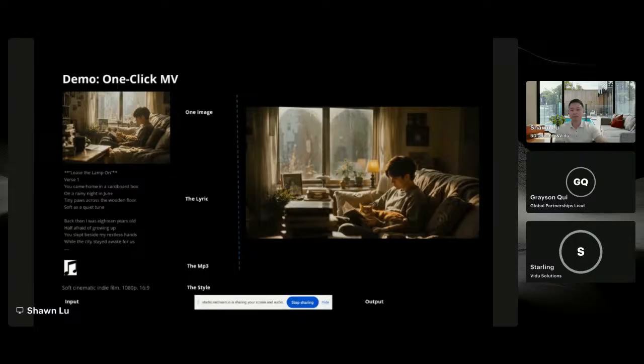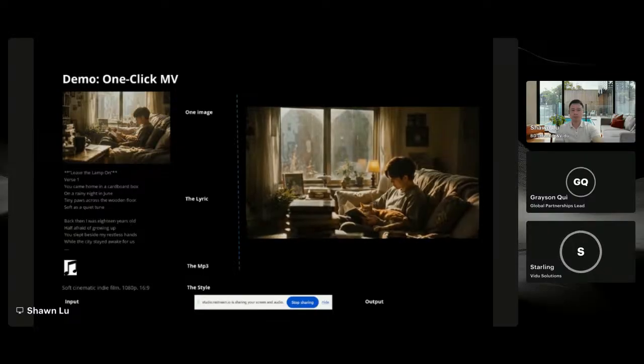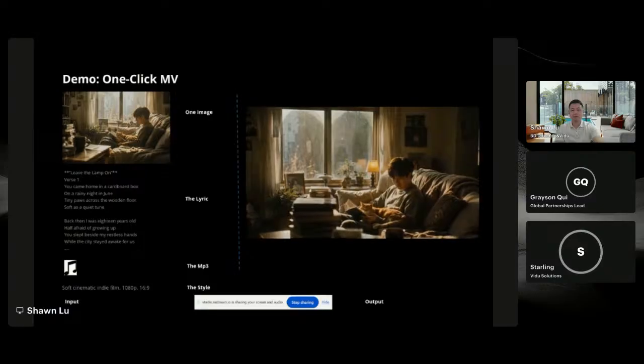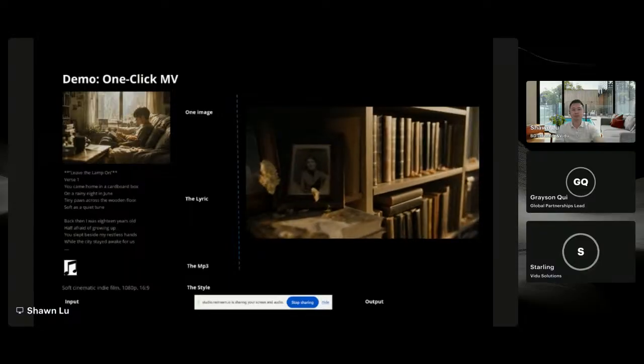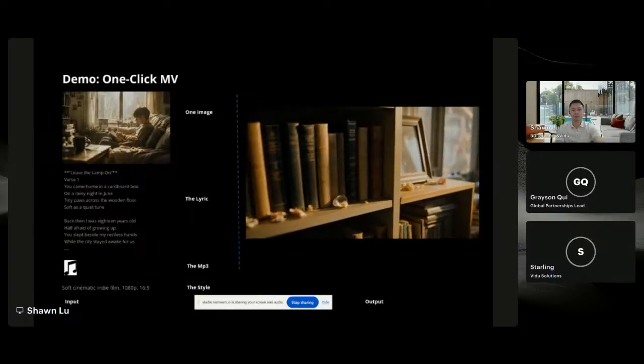In my case, I wrote a song about my cat, and I also uploaded one image because that's the visualization I want to showcase: a boy having a cat, and the cat is there through his journey. He gets older, the cat grows older as well, and then the MP3 and also the style. These are all the inputs I gave the model, and I just waited around 3 minutes, and then I got the entire MV. I did not edit it at all because I want to showcase how easy it is to edit a few shots. So let's see the entire output. The sound is...